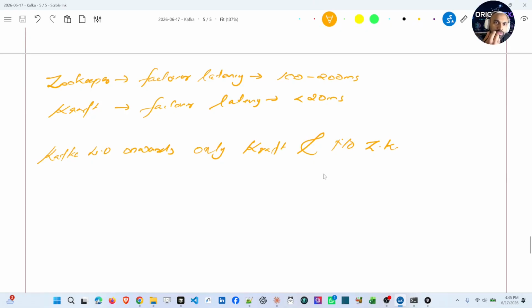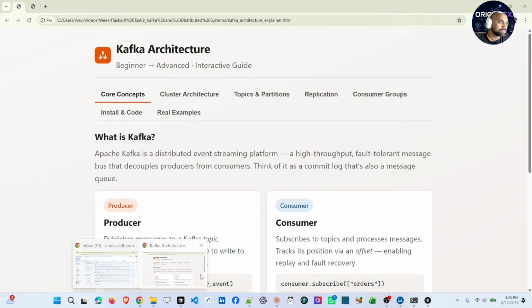We are going to see what producers are, what a consumer is, what partitions are, and what topics are. There are other concepts called offset values, partitions and in-sync replicas. We are going to see them one by one and how they help us in maintaining fault tolerance. Let's go ahead and see this architecture.